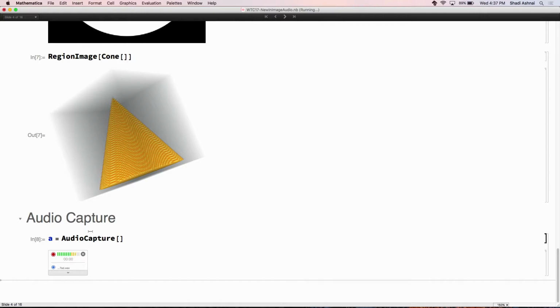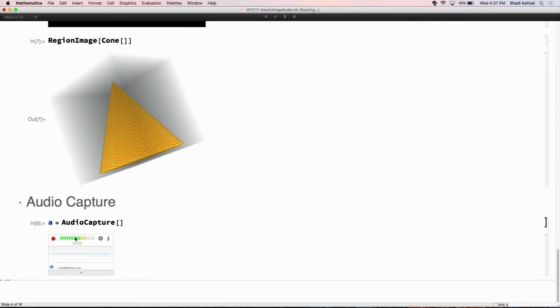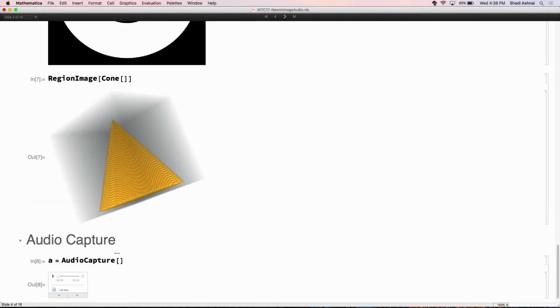And then the last thing, back to the audio domain, audio capture is another function that we added. We had the system dialog input sound or record sound that got updated. This, I think, is a more modern and a lot more robust way of recording audio signals from your microphone. So we'll start recording, and then once you stop, an actual audio object comes back.